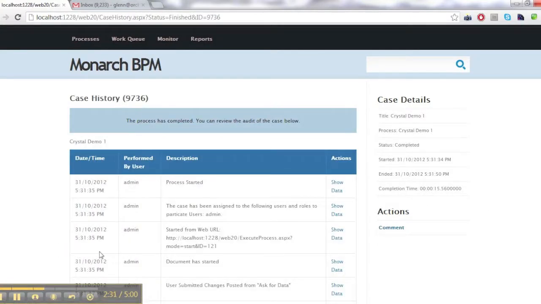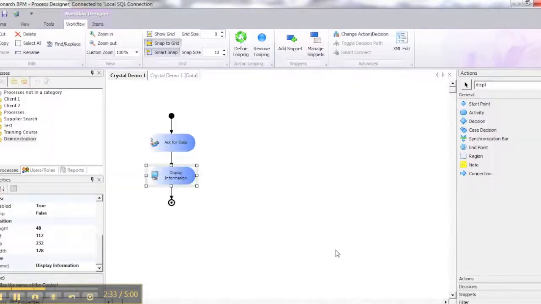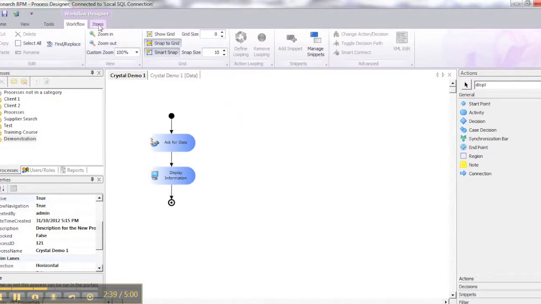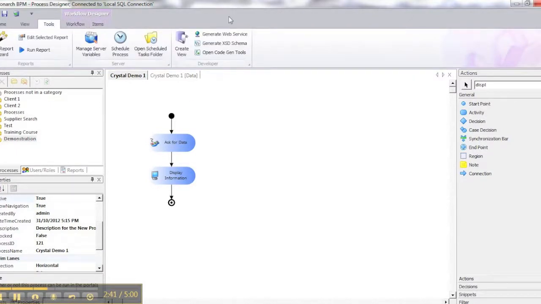So the next step is to actually expose that to Crystal Report so we can use that data in our report. So the first step we do is we go to the Tools menu, and there's a Generate XSD Schema. This is something that's required by Crystal Report so we can pass that data across. So I'll just generate that schema,